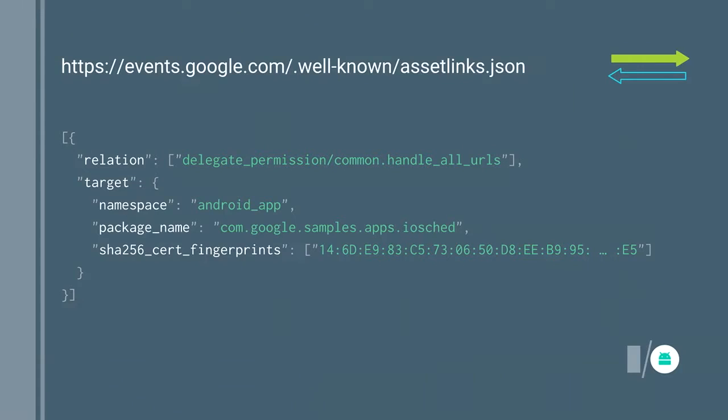But for any of this to work, the server side has to also check out, right? The other side of the connection. So how this works is you host a small JSON file at a predefined path on your website that refers back to the app by package name and certificate fingerprint. And that part is really important, right, for Google, for example, to understand that it's OK to link results from search for these types of URLs directly into this app, because that's something we really don't want to do unless we know the website owner actually wants this traffic to go into this particular app, right, instead of the website.